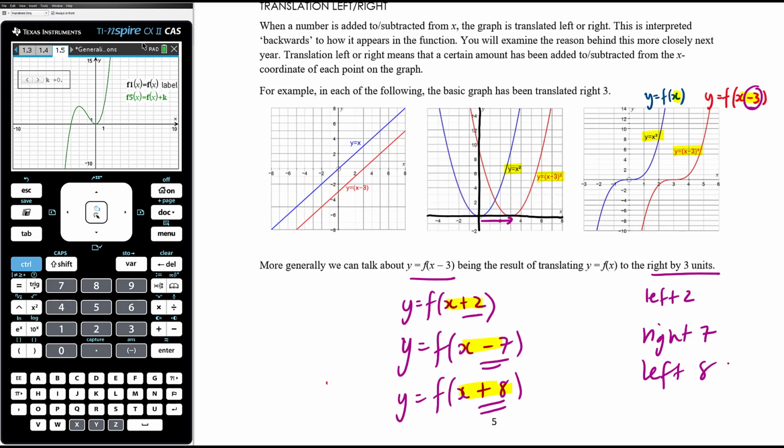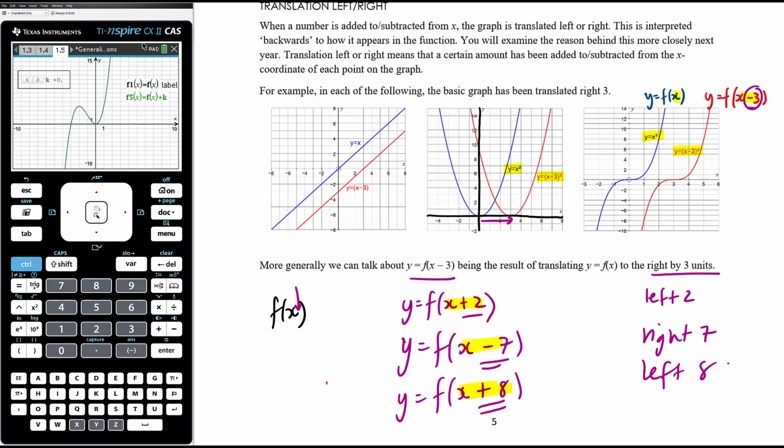whereas all the other things we've looked at up until now, we've had f of x, when we dilate it from the x-axis, we multiply the whole thing by a. When we reflect it, we multiply the whole thing by -1. When we translate it up or down, we add on to the whole thing. This is the first time we've inserted something in here, and it turns out to be kind of the opposite of what we might expect it to be. So let me just go back over to the CAS and let's have an explore of that,